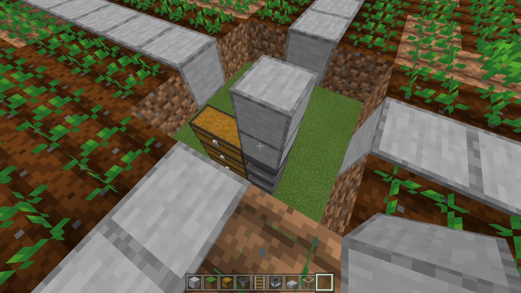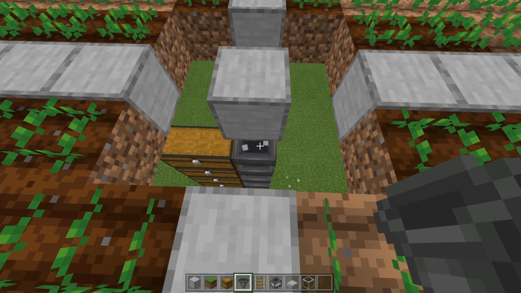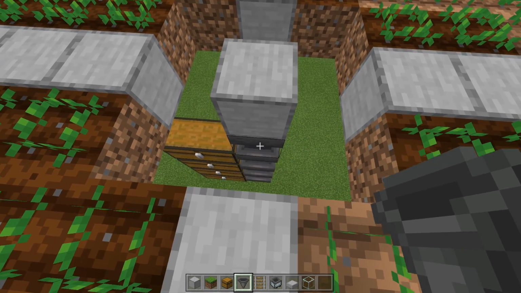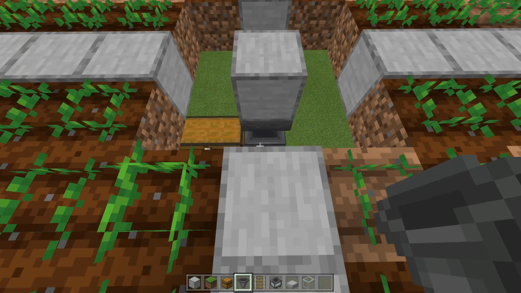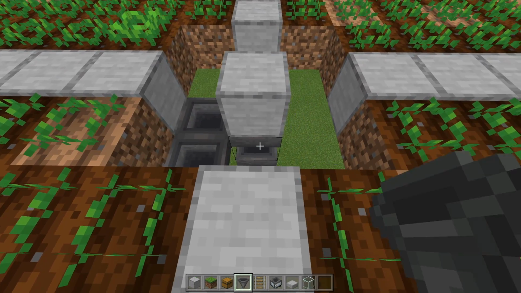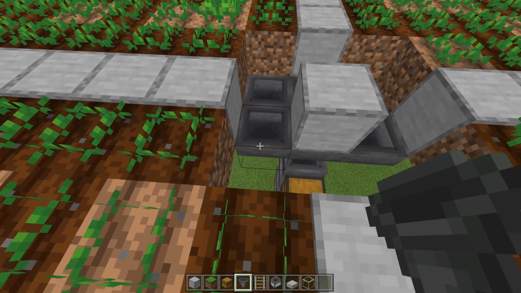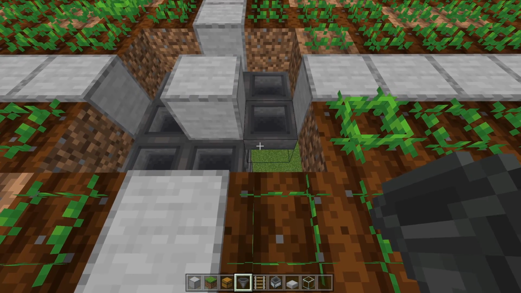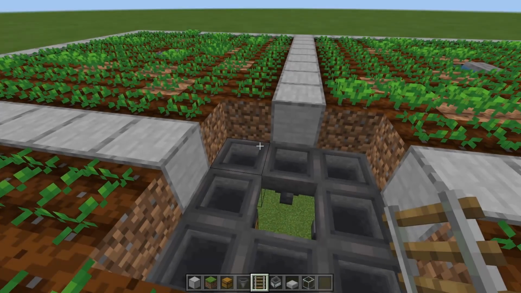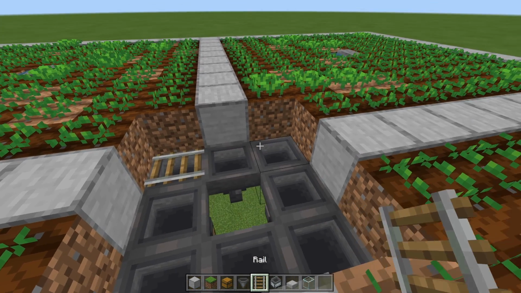And then we are going to run some hoppers. Actually, this one right here needs to be a hopper because we're going to run our other hoppers into that. So there's going to be a hopper here, here, here, here, here, and here, here, and here. Okay, so now what you're going to do is throw in hopper rails on the 4